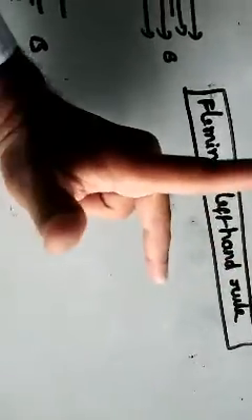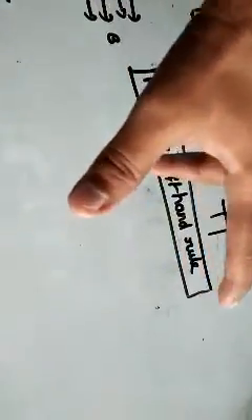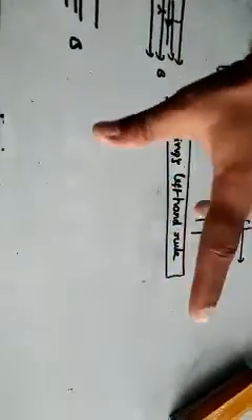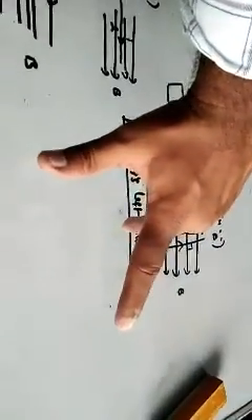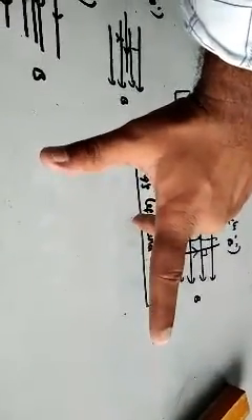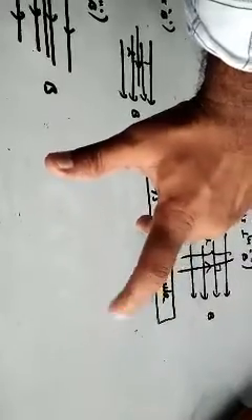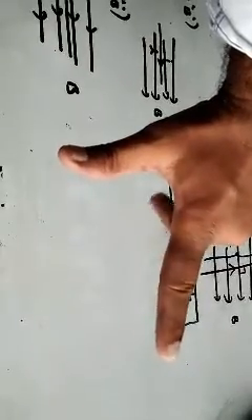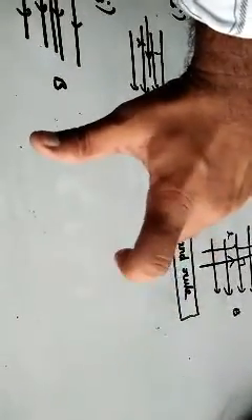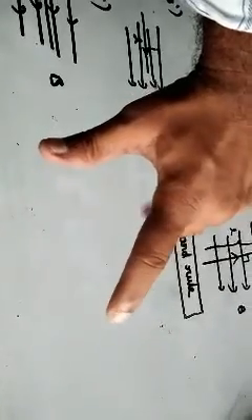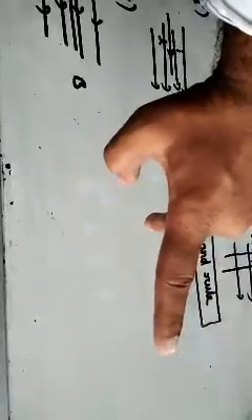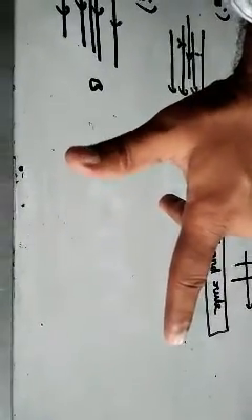So stretch this. This is the diagram. Stretch the forefinger, middle finger and thumb in the mutually perpendicular direction like this. So these three must be perpendicular like this. Forefinger, middle finger and thumb. Forefinger indicates magnetic field direction. Middle finger indicates direction of current, also called motion of positive charge. Thumb indicates the direction of force acting.